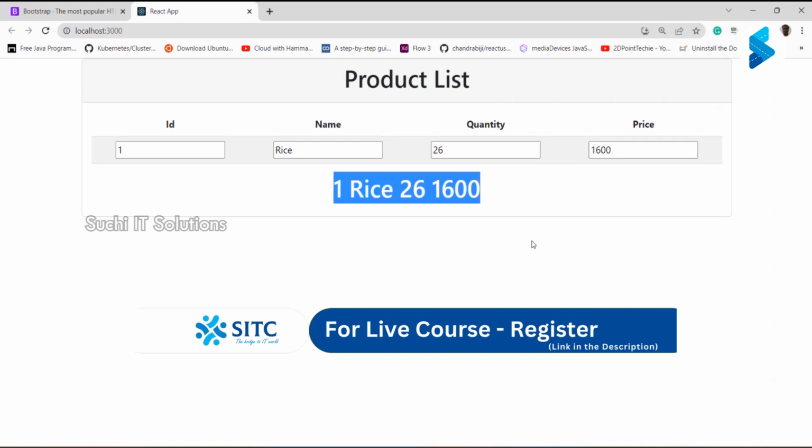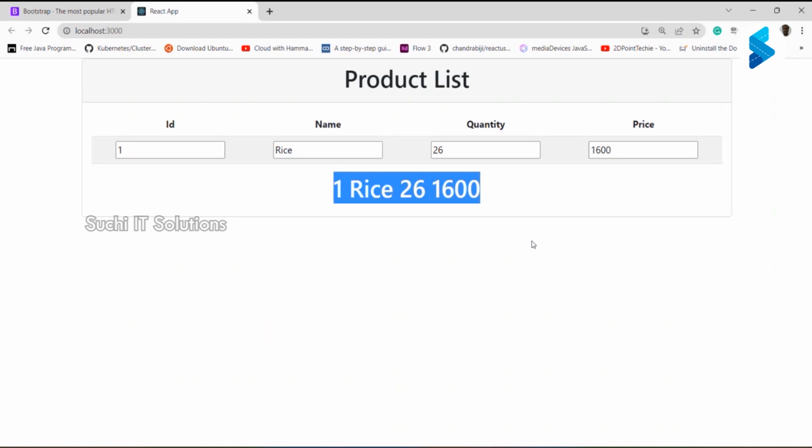Sometimes the interviewer asks the question, what is data binding? If I change anything, that is reflected in the state level, and that state value I'm going to display here. You can explain this example, this product.js you can explain, so that people understand, oh, she or he knows data binding. Instead of asking directly about state and props, people ask what is data binding. Data binding means whatever the state value is, that value comes to